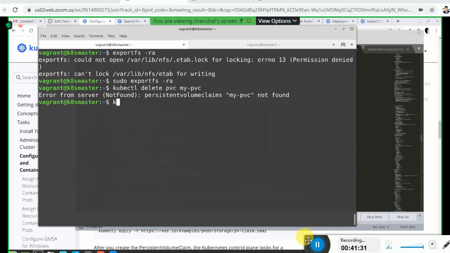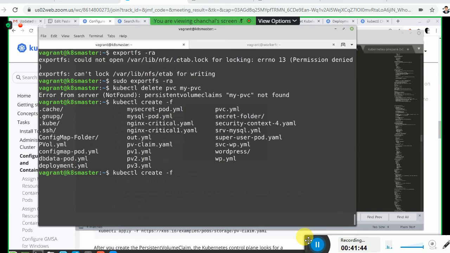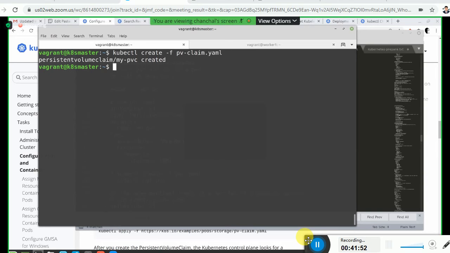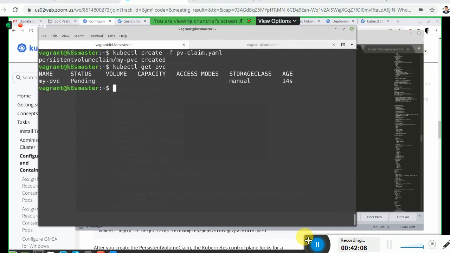So kubectl create -f, name of the file is pvclaim. kubectl get pvc. No, it is still pending.